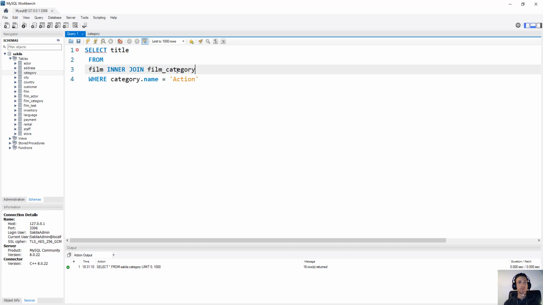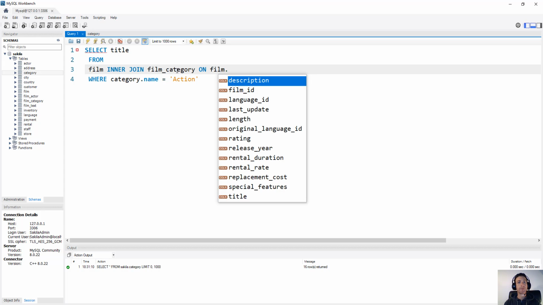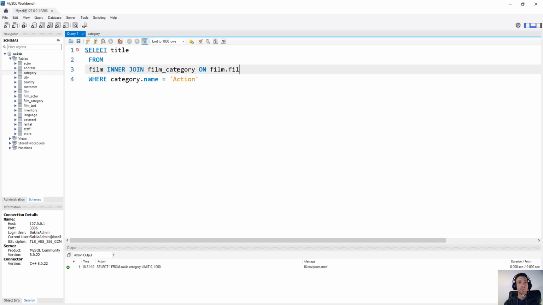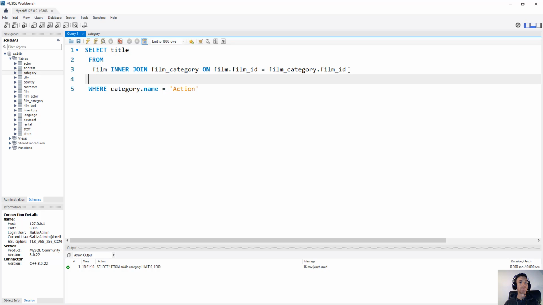Film category on film ID equals film category dot film ID. Yeah, I have my first join here. These two tables, I already have one. And then this one, I have to, at the same time, join it, inner join,